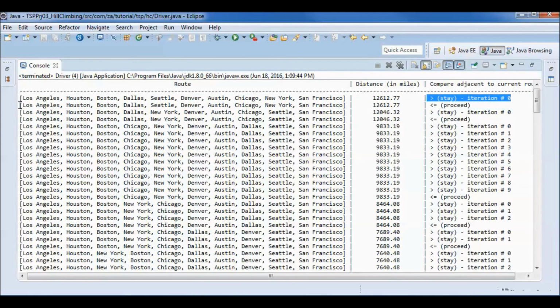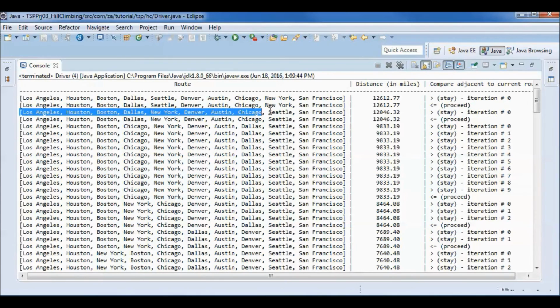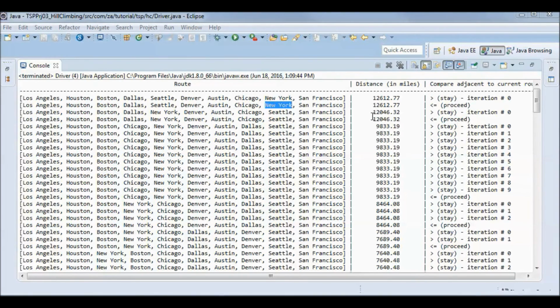So we have the same route here, and we take a look at the adjacent route, which is this one, which has New York and Seattle flipped. And it has a shorter distance. So here